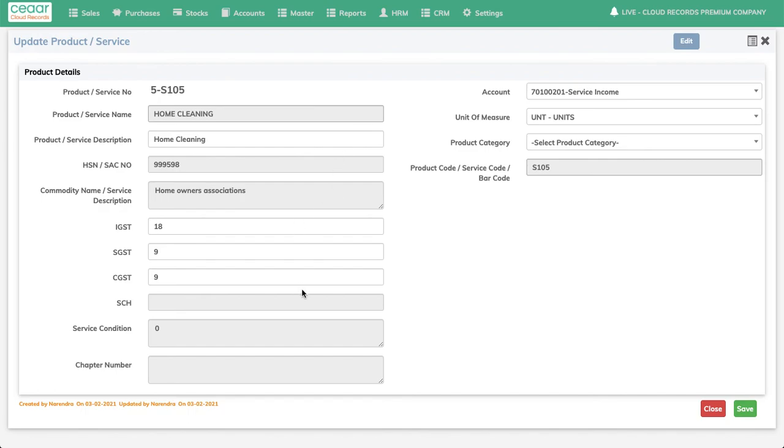The GST rates are editable only because if there are any changes to these rates by the department, you have to consult your tax consultant or auditor and make sure what you're going to charge, and then use those rates here. You can change these rates in the master so that they will appear in both purchases and sales alike.